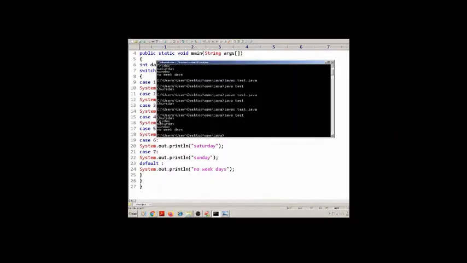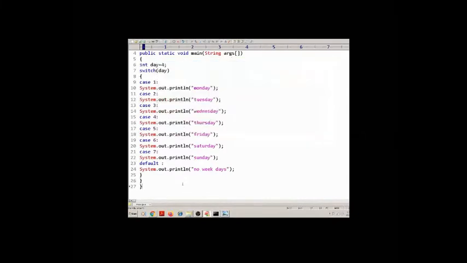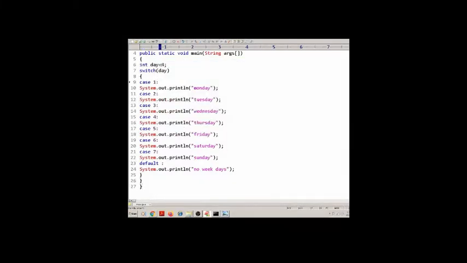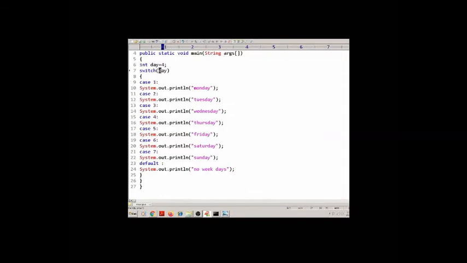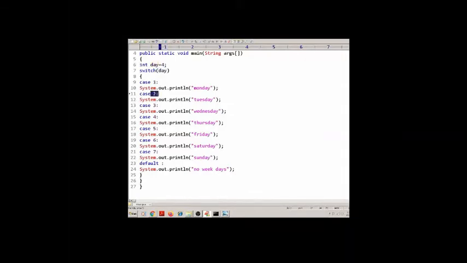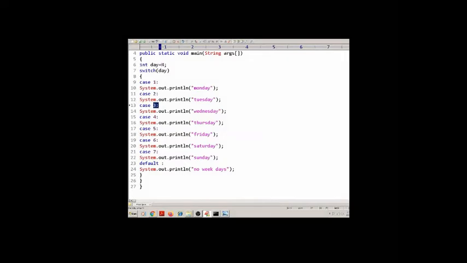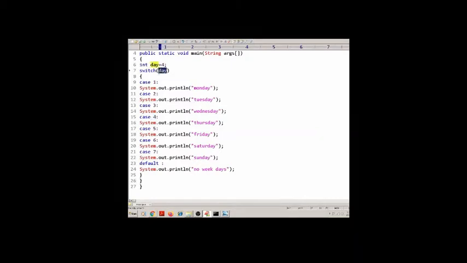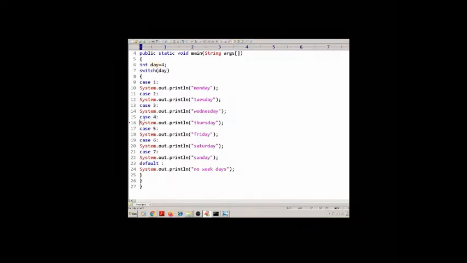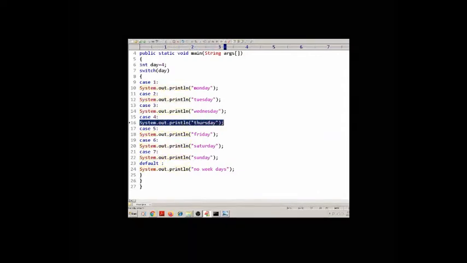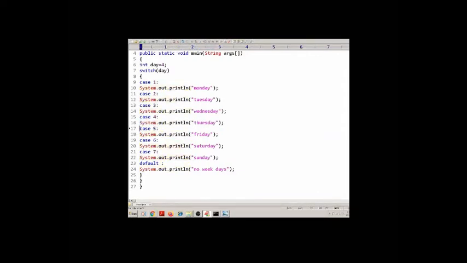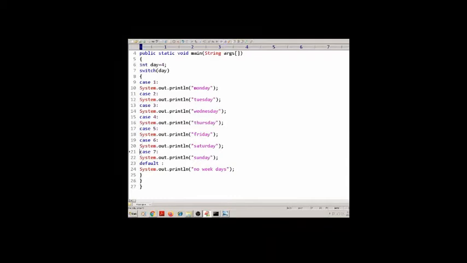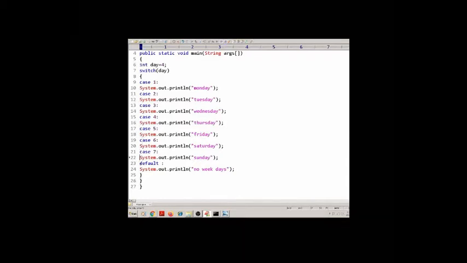Yes, you can observe here: day 4, Thursday, Friday, Saturday, Sunday, and no weekdays. When the execution of the program starts, the switch case expression is matched with each case. So in this example, case 4 matches the switch expression, and control executes the block of case 4 and then continuously executes all the cases.